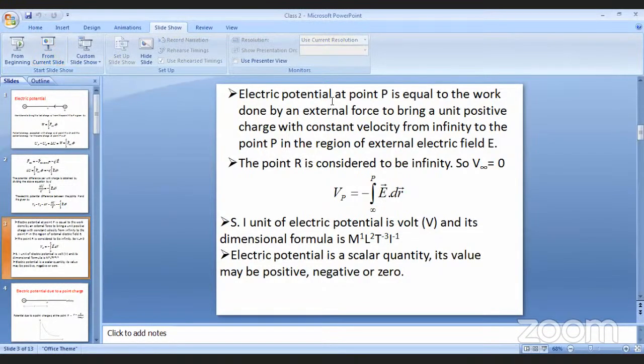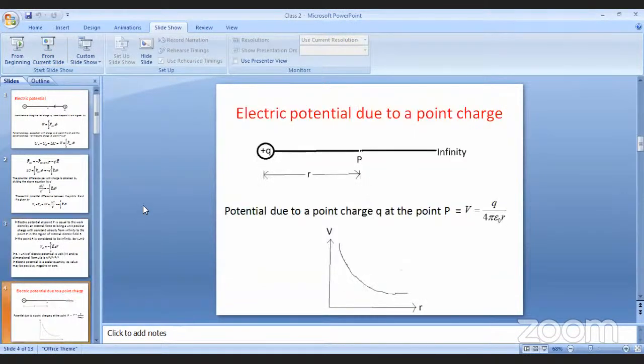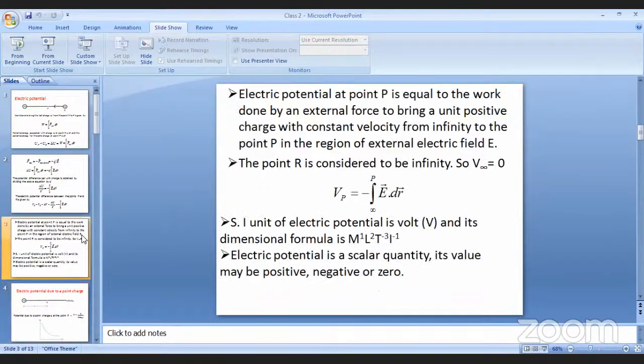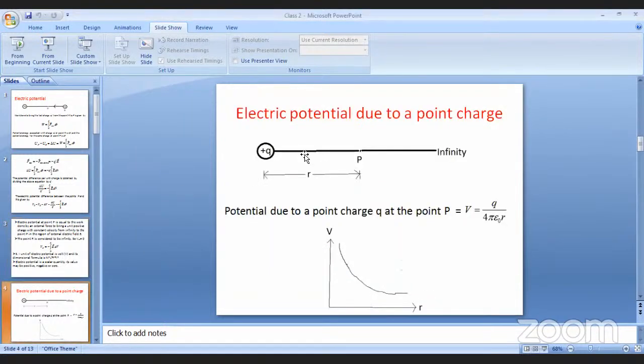Now, the electric potential due to a point charge. We have given the integral form of the electric potential in the previous slide. Here I have given you the integral form to calculate the electric potential at the point P. But when you apply this integral and proceed further with the calculation, you will get this expression in this slide. That is, the potential due to charge Q at the point P is given by